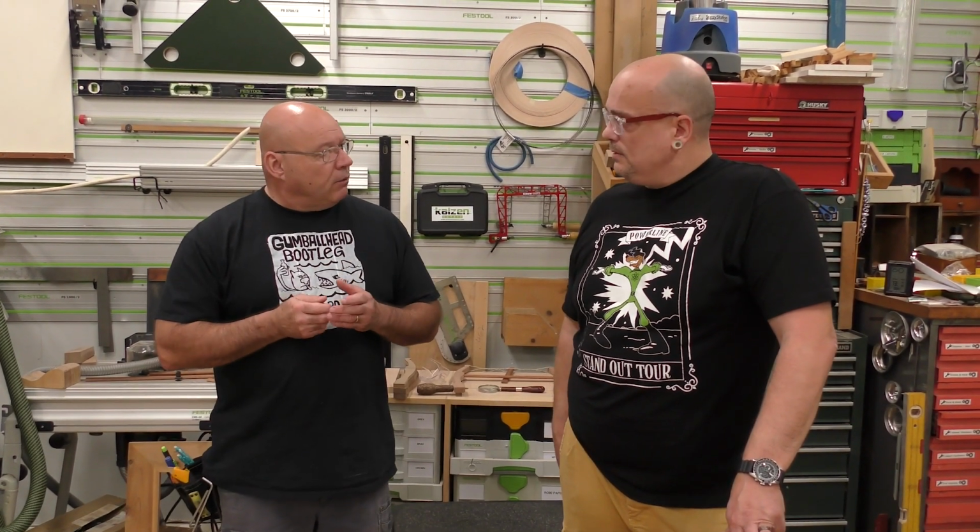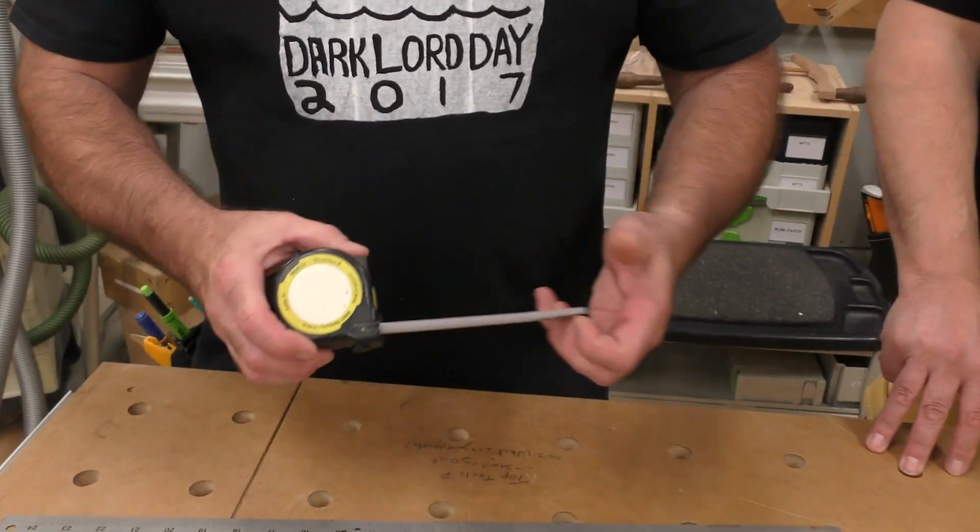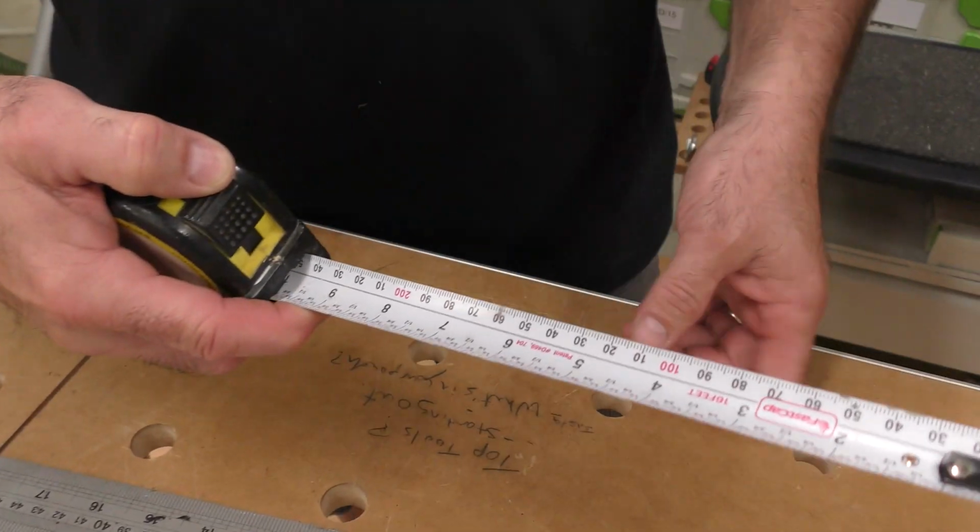components for measuring, not layout. We'll do a video on layout. We'll do a video on angle layout and stuff like that. But for measuring, what I rely on are first a good, really good, and we showed how to calibrate